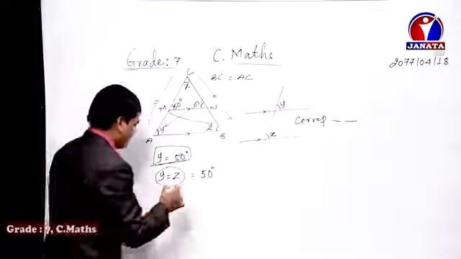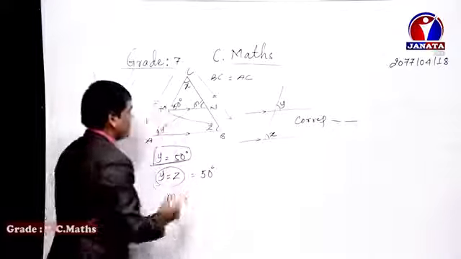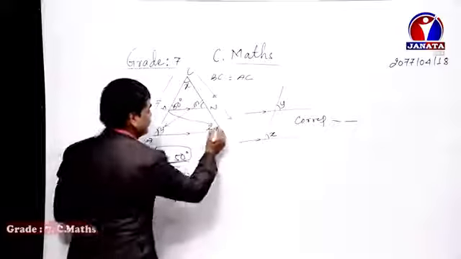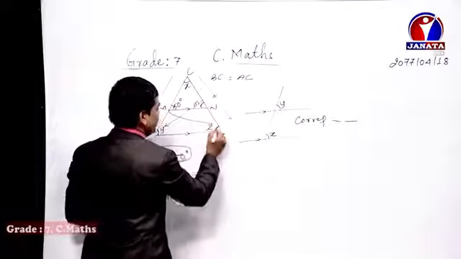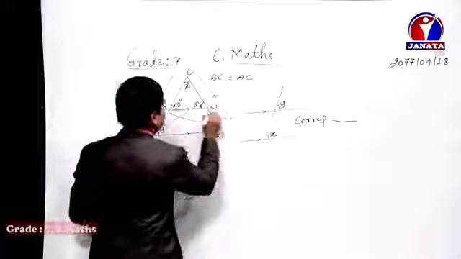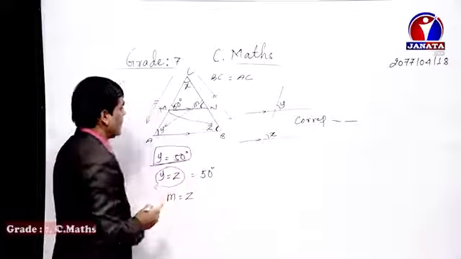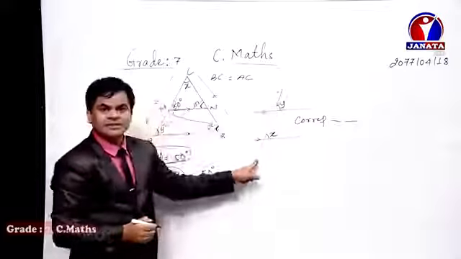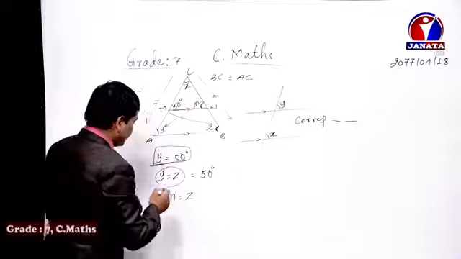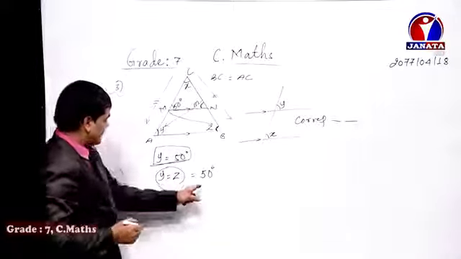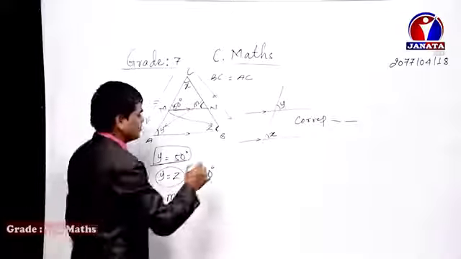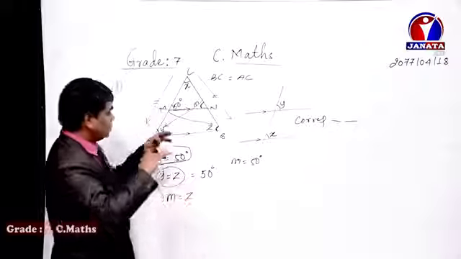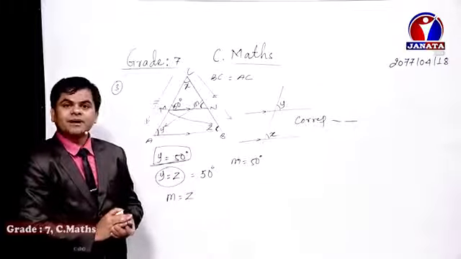In order to find the value of M, M equals Z, dear student. Why? Because this forms a corresponding angle. Once again, this is on the left-hand side, this one also on the left side, one is inside, another is on the other side. These two lines play the role of parallel lines, and the BN line or the BC line plays the role of a transversal, isn't it? So as a result, angle M equals angle Z, and we got the value of Z as 50 degrees. So M also becomes 50 degrees. By the way, use the whole procedure and do it in your copy by yourself.